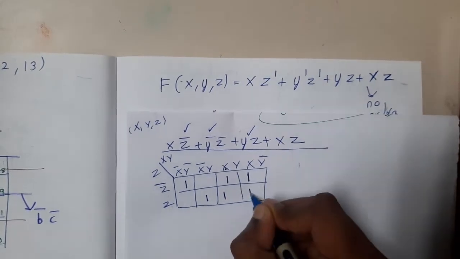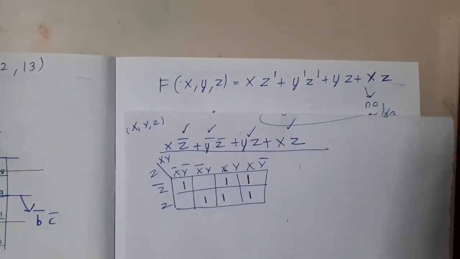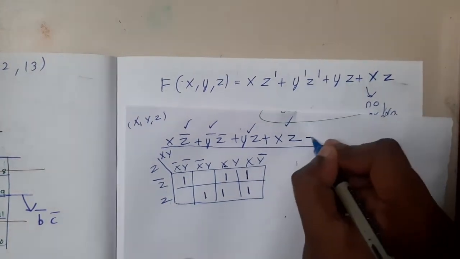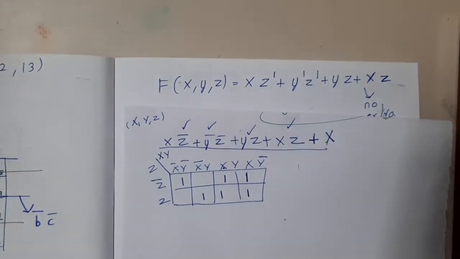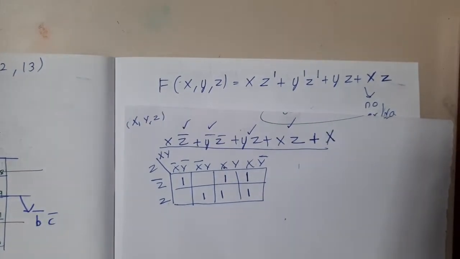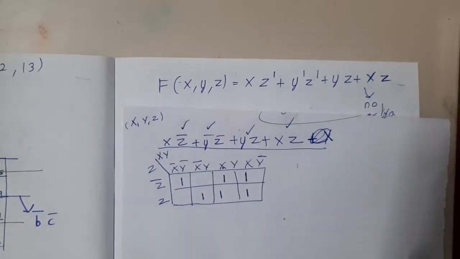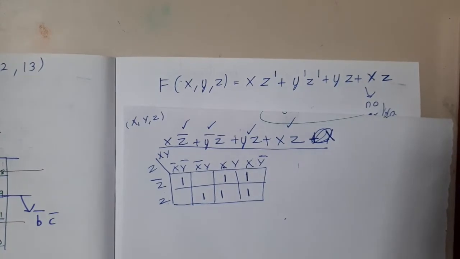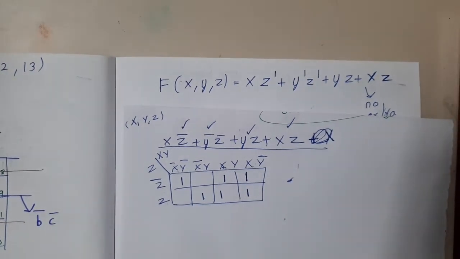So here we got. If you observe carefully, there is nothing unwanted, right? I can write here plus x, and indirectly this x is unwanted, right? Without this x also you will get the same thing, right? So if you are able to remove something and there is no change in the diagram or no change in the result, that is nothing but an irredundant function, guys. Got it? So now you got it, right?